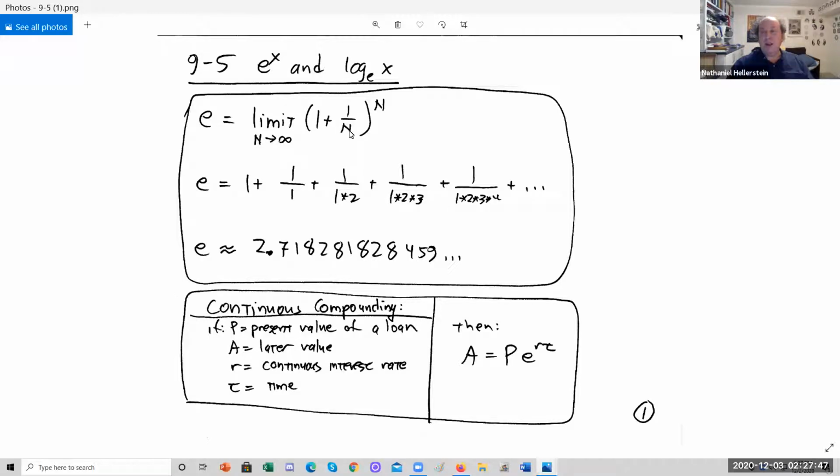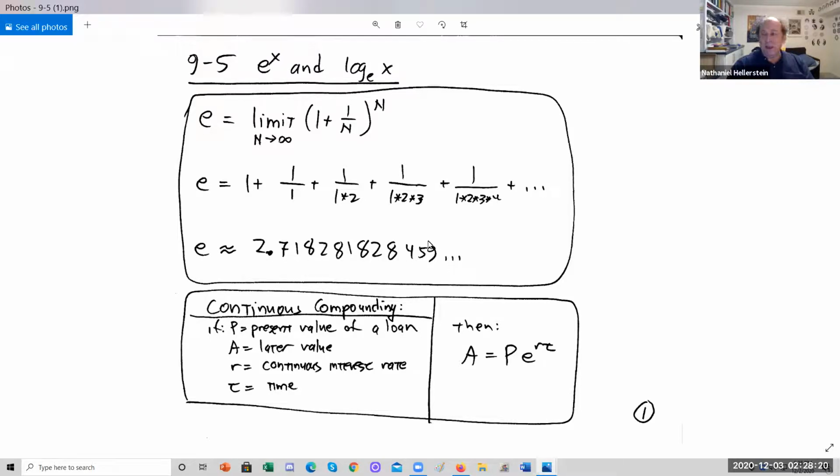So imagine, basically what happens here, if you take $1 at an interest rate of 100% for n compoundings per year, depending on how many compoundings it is, you'll get a different value. If it's just one compounding, it doubles in a year. If it's 4 compoundings, it's 1 and 1/4 to the 4th power. If it's 12 compoundings, it's 1 and 1/12 to the 12th power, and so on. And the limit is a number e, which is approximately